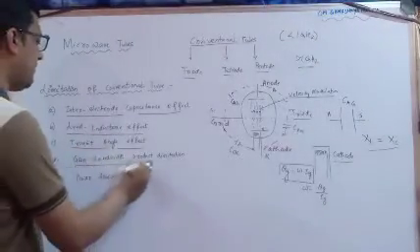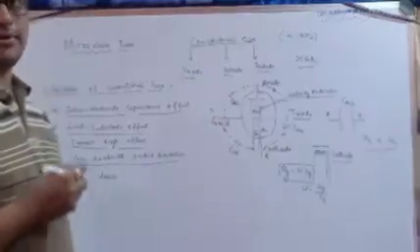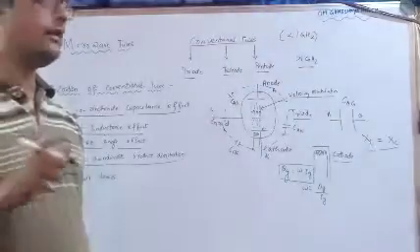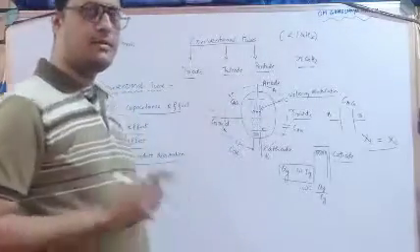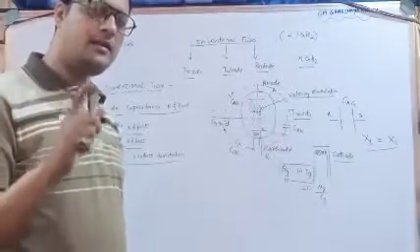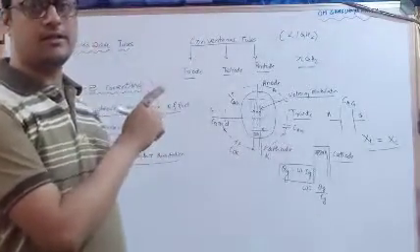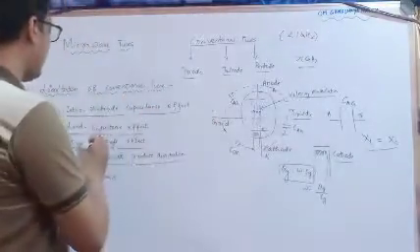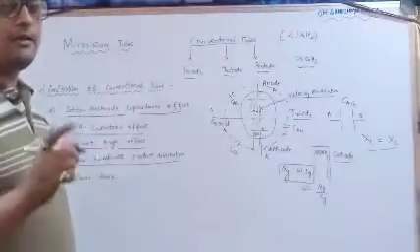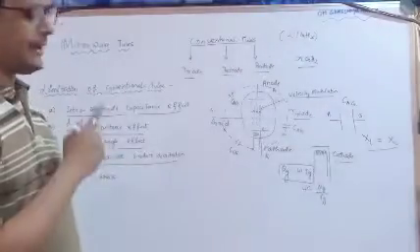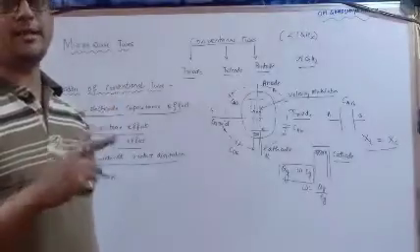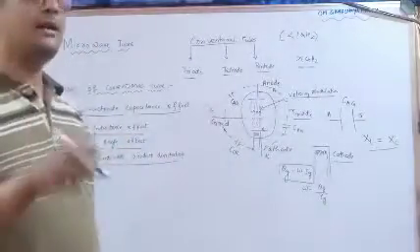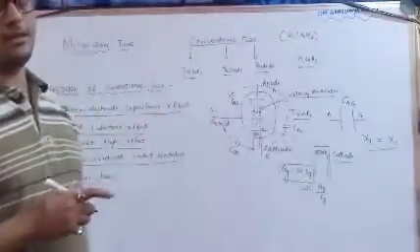Next, gain bandwidth product limitation. This is the most important factor of a conventional tube. Gain bandwidth product means first we need to calculate the gain of this particular system. Gain means we are using the triode or this conventional tube as an amplifier. Amplifier means it must have some sort of gain. So first we need to calculate the gain. Second, we need to calculate the bandwidth of this device, and then we will multiply these two, and then we will see how this gain bandwidth product limits the working principle of the conventional tubes.